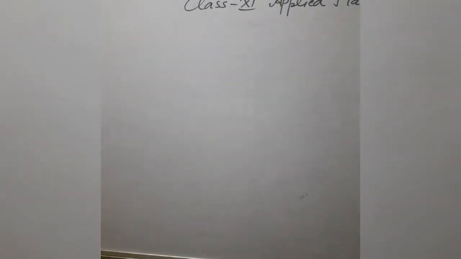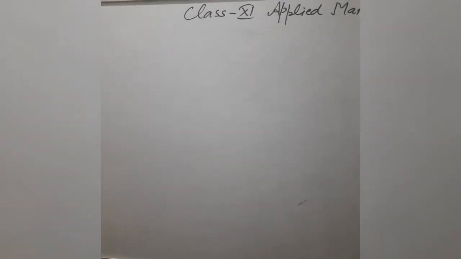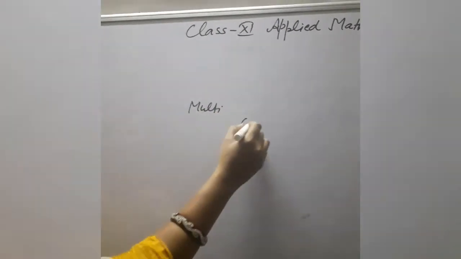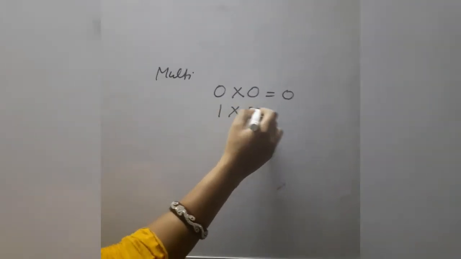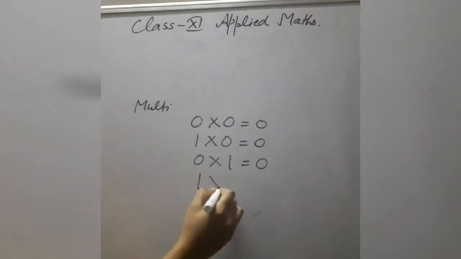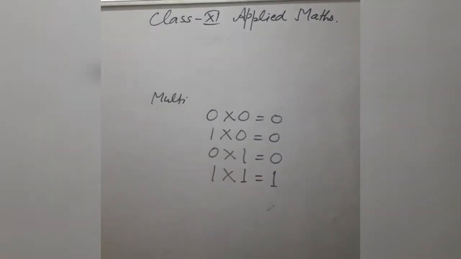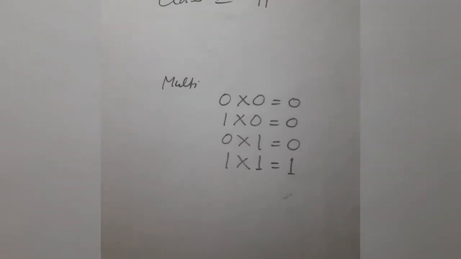Now see multiplication of any two binary numbers. In case of multiplication, this is just like a decimal number. It's very simple. In case of multiplication, 0 into 0 is 0, 1 into 0 is also 0, 0 into 1 is 0, and 1 into 1, just like a decimal number, is equal to 1. So multiplication is very simple. Very easily you can find the multiplication